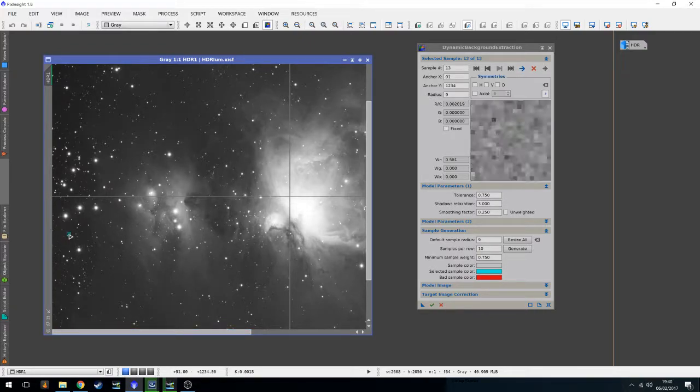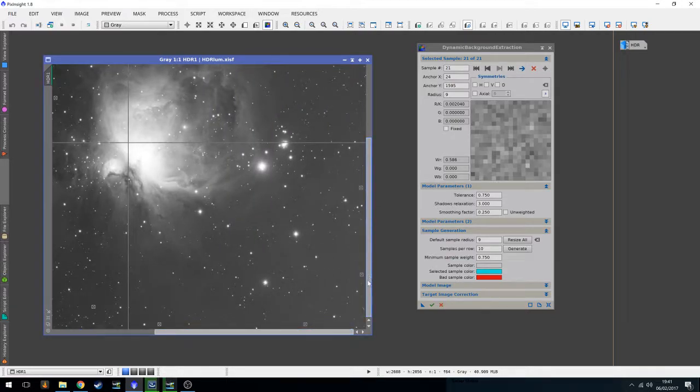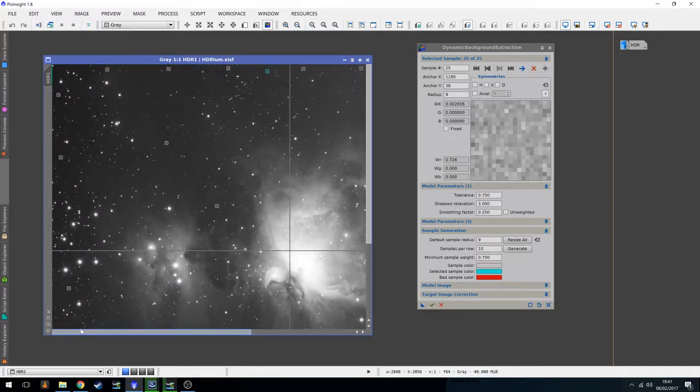The trouble with this image is there's a lot of nebulosity. There's a lot of dust, and it's a case of picking the darkest points, because you don't want to let the sample points be affected by nebulous regions, really, because there's a lot of dust, obviously, that you could potentially take out. I don't know the full ins and outs and workings of DBE, but for images like this, where there's a lot of dust, you have to be very critical where